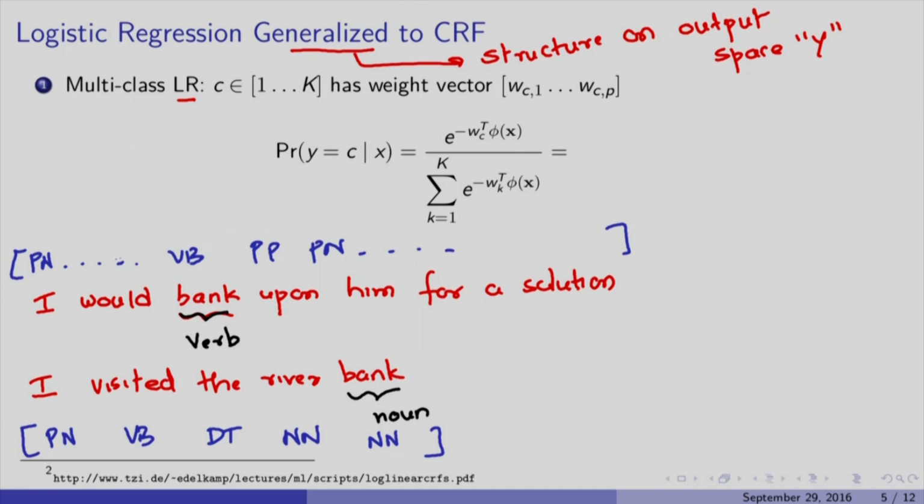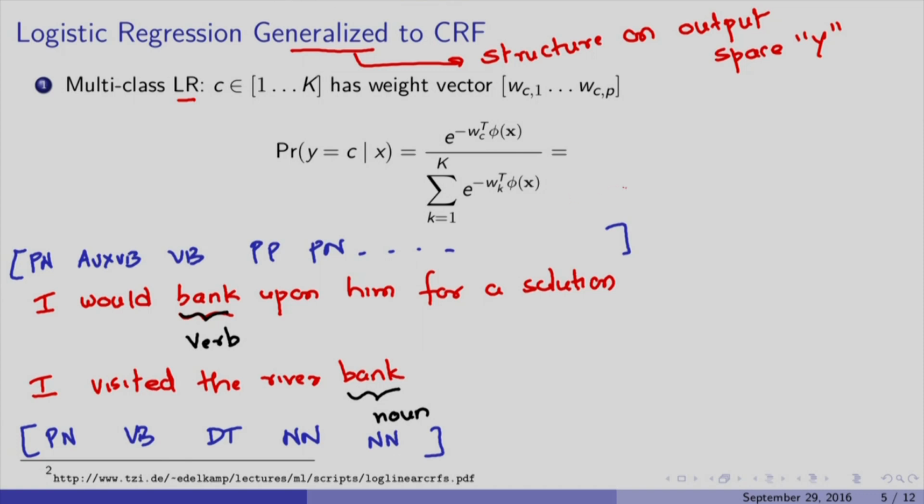So, would the fact that the word immediately preceding the verb in the first case, bank in the first case, actually happens to be an auxiliary verb, help you understand bank to be a verb, whereas in this case the river is a noun, and therefore would that help you figure out that this bank is a noun? So, in these cases we want to make prediction on the entire output at once. Toward this, can we reformulate and generalize this logistic regression formulation?